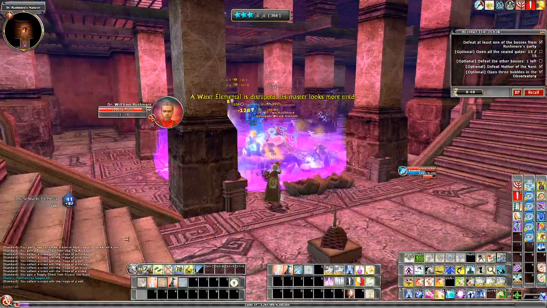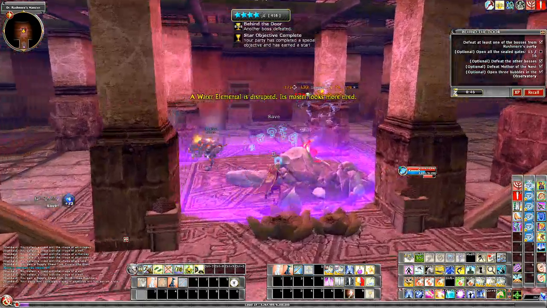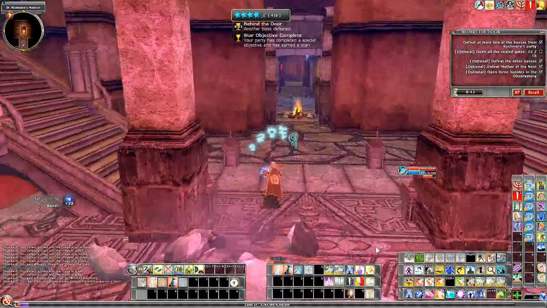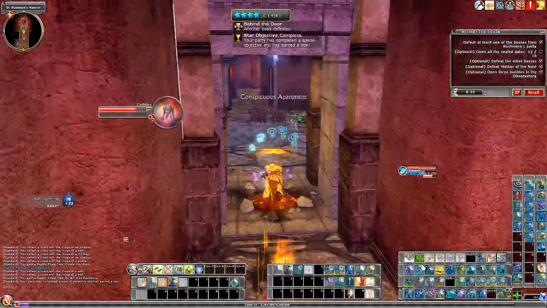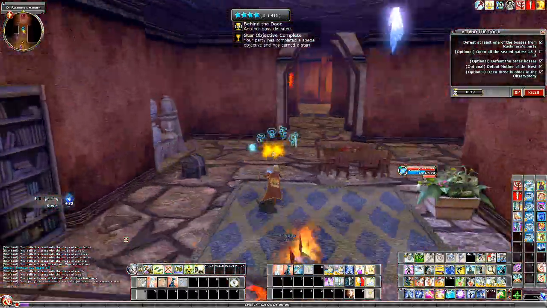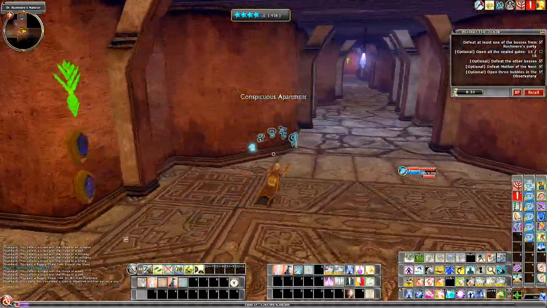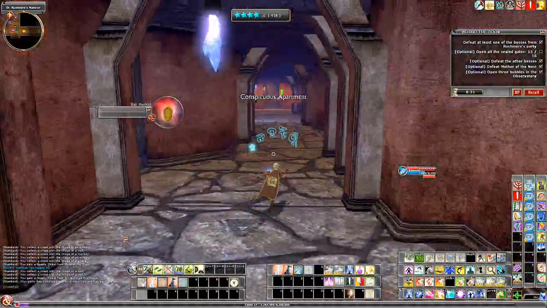As you can see, Rushmore does exactly as Crystal the Giant does. He summons elementals, the water elemental heals him. So you use exactly the same strategy. You kill the water elemental and you kill Rushmore and you kill everything else. There are some side rooms up here